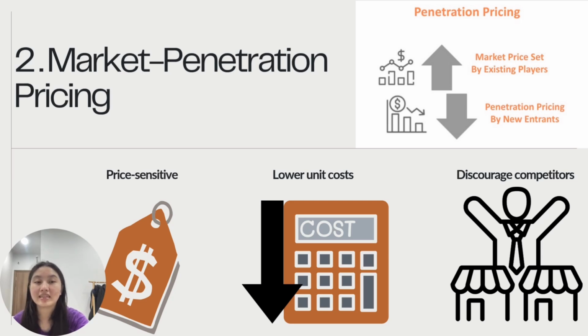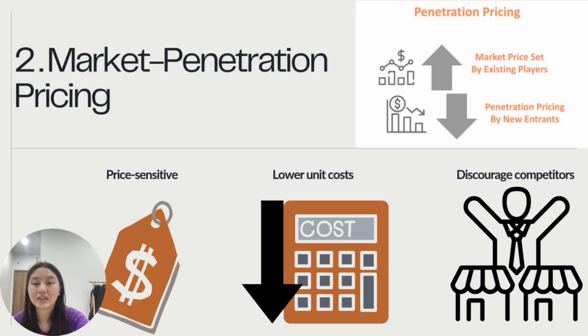Here, companies set a low price at first to attract many customers and quickly gain market share. It's useful when customers are price sensitive and when high sales volume can help the company reduce unit costs. This strategy can also discourage competitors from entering the market because the price is already low. For example, Netflix and Spotify use penetration pricing when entering new markets, offering low or free plans to attract users